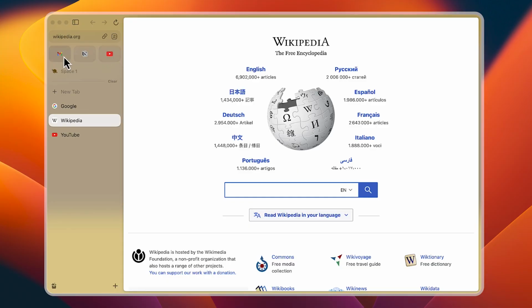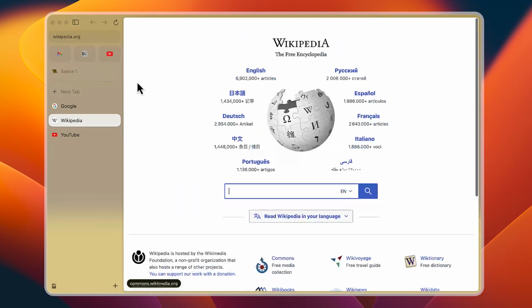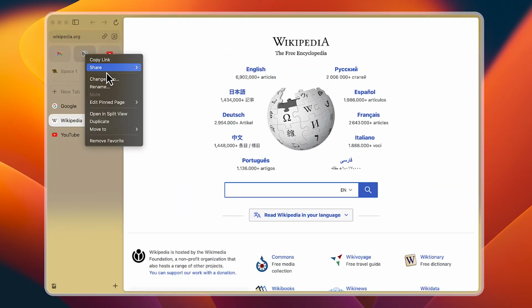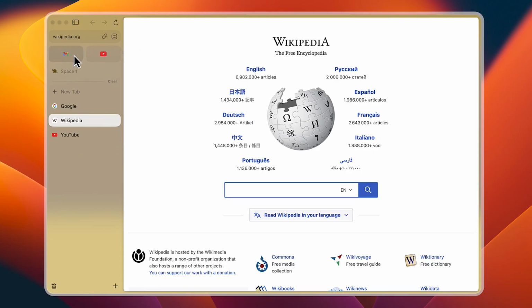Now, this menu hosts your address bar, your menu buttons, your back, forward, and refresh. And here you have your favorites. So this is the first feature I want to mention in Arc browser: your favorites are displayed right here. And if you remember, in the setup process, I chose Gmail, Notion, and YouTube. Now let's say I want to remove Notion and add Wikipedia as a new favorite right here. So I'm going to right click on Notion and choose remove favorite. Okay, now I have only Gmail and YouTube. Now to add Wikipedia,